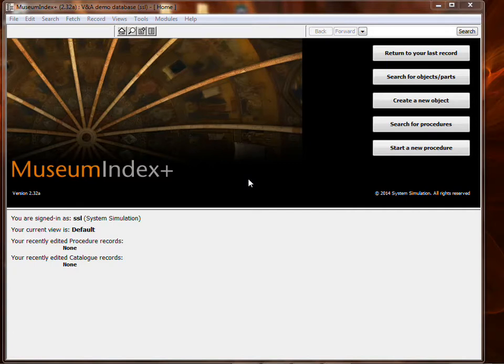So what we're looking at here is the home screen. This is what you see when you first log into the database. We can see here who we're logged in as, which view we're currently using. I'll come on to views in a minute. And also a list of procedures and catalog records that I've been working on recently. I haven't done any at the moment, but those provide you with quick ways of getting back to records you've